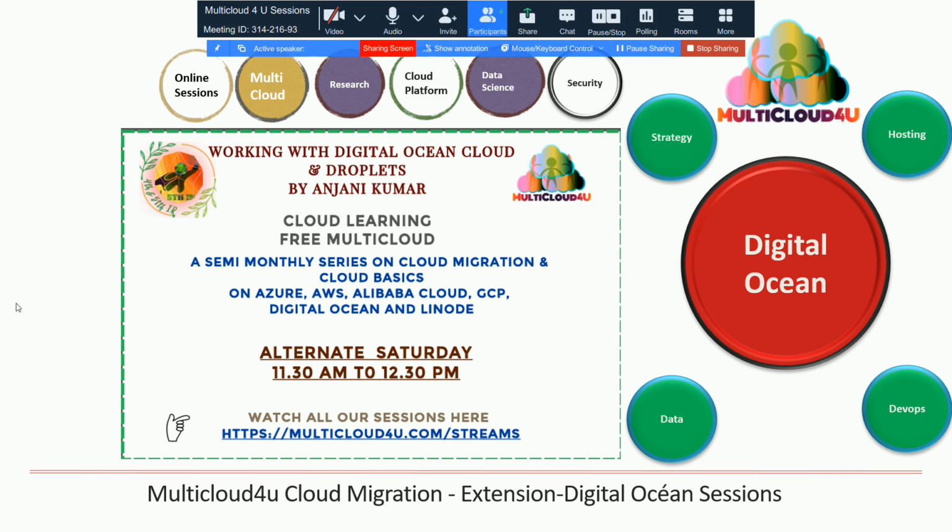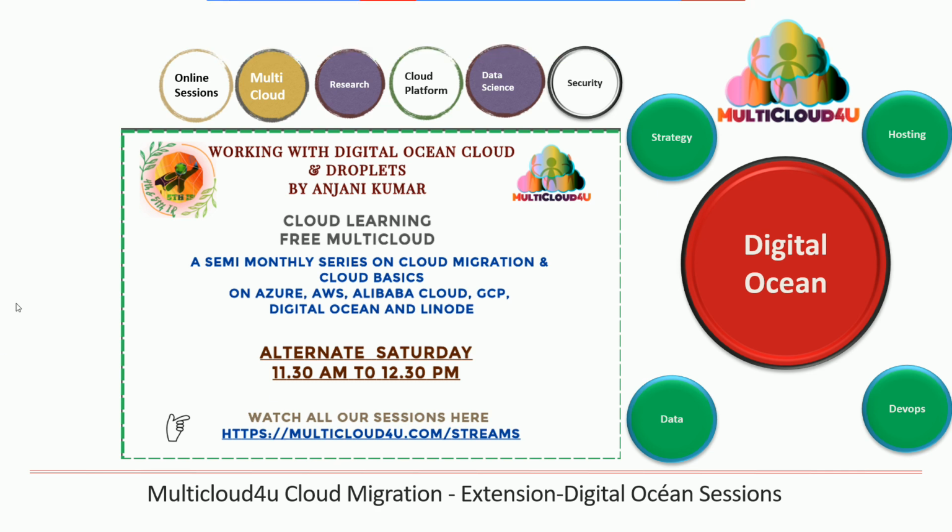So coming up on this session, this is obviously part of our multi-cloud for you commitment to discuss multiple cloud platforms, and this is DigitalOcean. We'll discuss today about DigitalOcean, how to use it, how to create a droplet, how to use the different features of DigitalOcean, how to automate things around it, and how to claim free credit on the DigitalOcean platform. There is almost $100 free credit that you can use for 2 months.